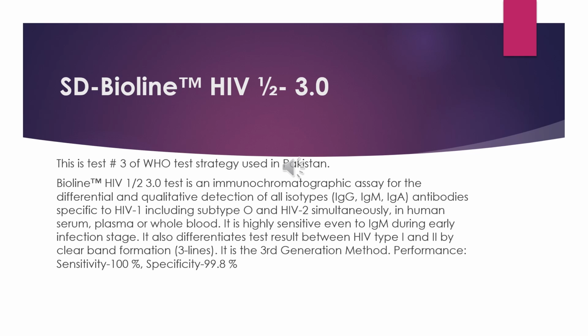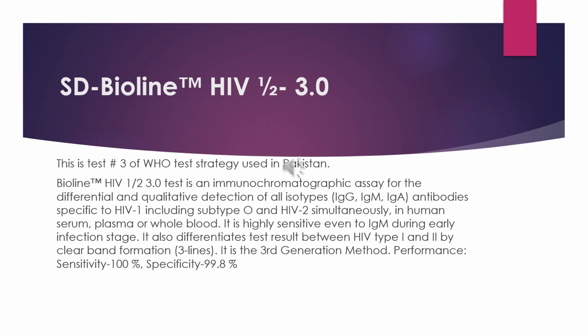This is a highly sensitive test, even to IgM during the early infectious stage. It also differentiates the test result between HIV type 1 and HIV-2 by clear band formation. It is a third generation method and is considered highly sensitive, almost 100% sensitive,